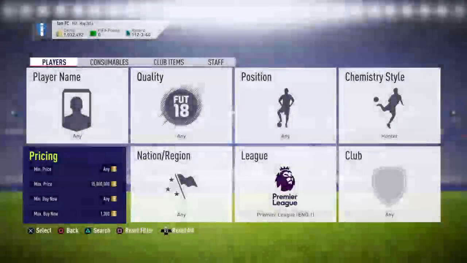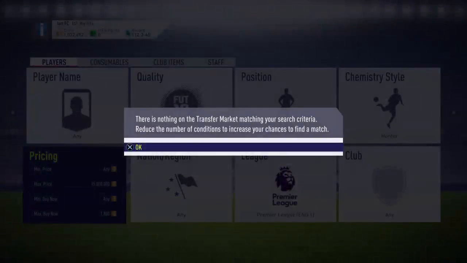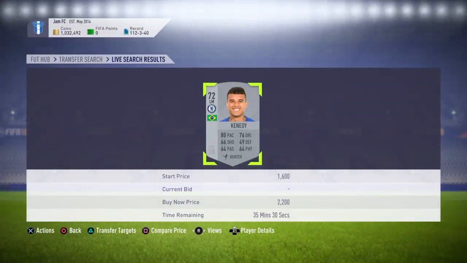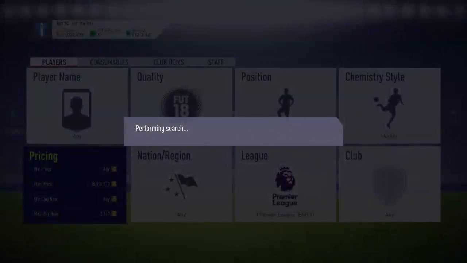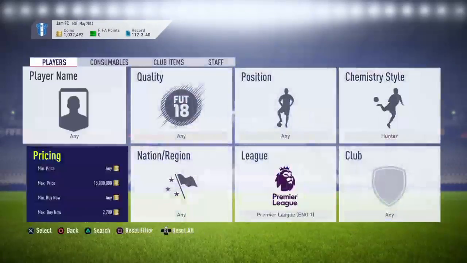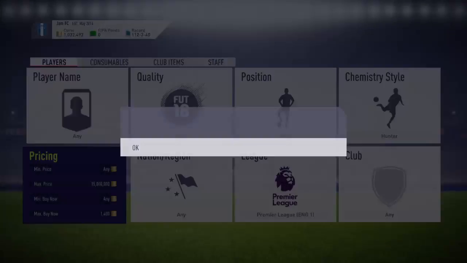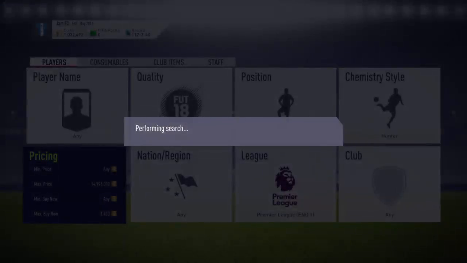I guess I'll just do some trading now, because what's the cheapest hunter cards? 2.2. Okay, so they start really coming out at around 2.5. So if I can pick up some at 1.5, 1.4, I'll make actually very decent profit. The best way to do this is probably actually